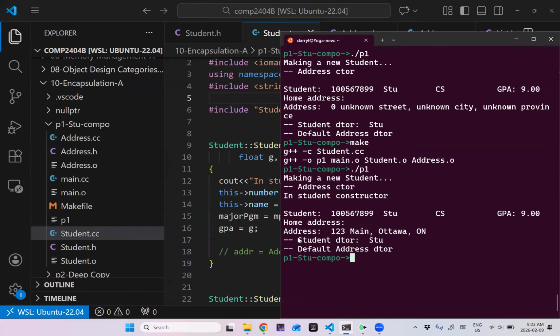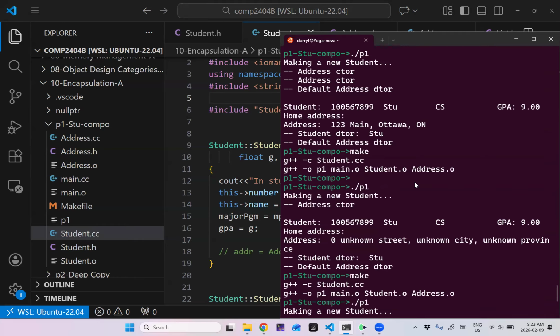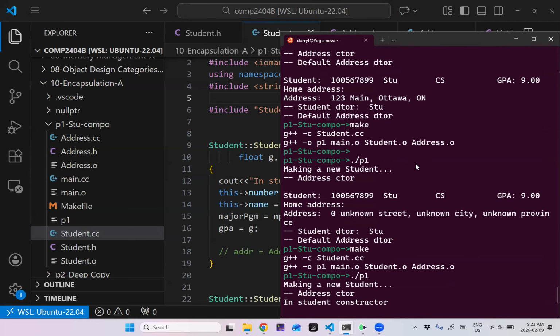And then when my student is being destroyed, the student destructor is called first, and then the address destructor is called after, right? So for composition, yeah,